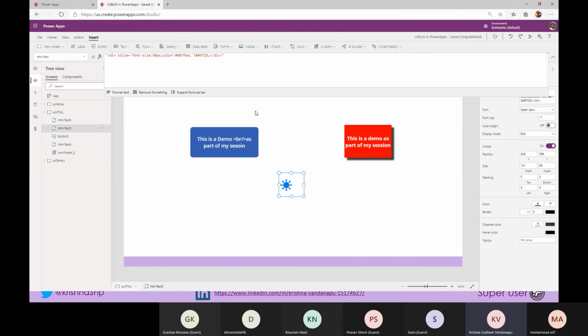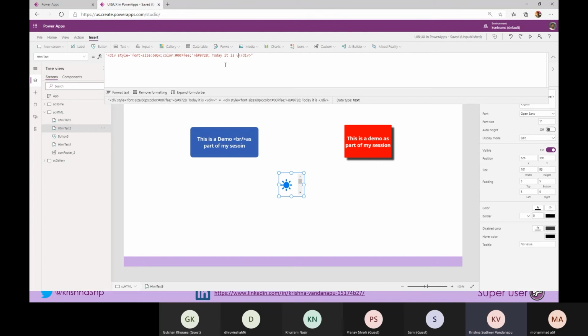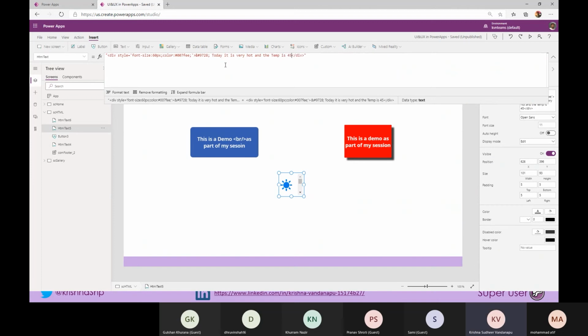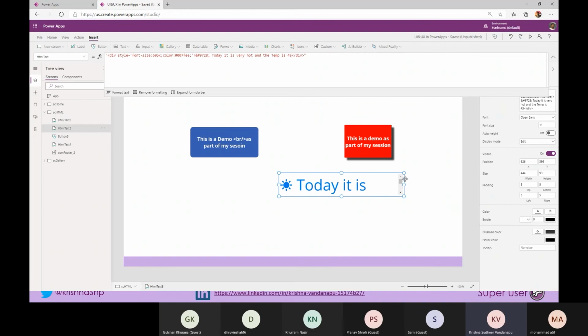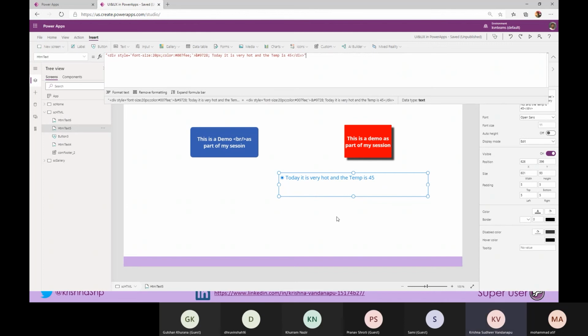Now, if I wanted to show a weather report, today it is very hot and the temperature is 45 degrees. If I just expand that with font size 20, I automatically get that.